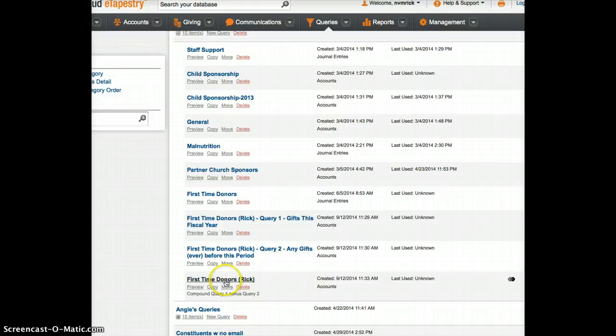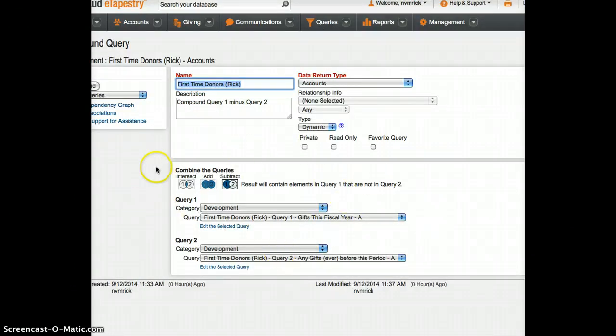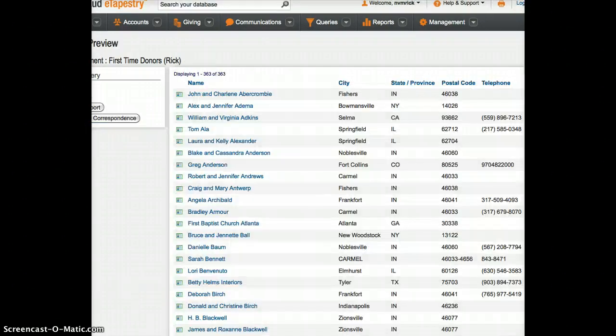So pretty simple compound query here. First time donors Rick is the name of the query that you're going to run now to get all the first time donors. Now I'm going to click on that and then just see how I'm locating it in this first section. All of the people who've made gifts this year, but then subtracting anyone that's given a donation ever before this year. And then if we preview this, there's 300 and some first-time donors from this year,